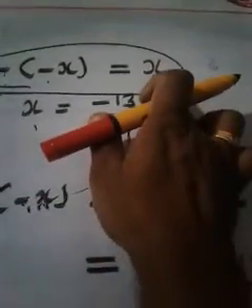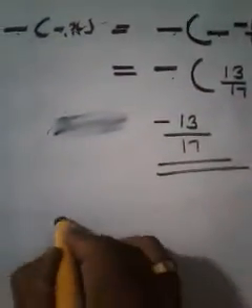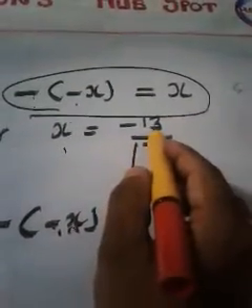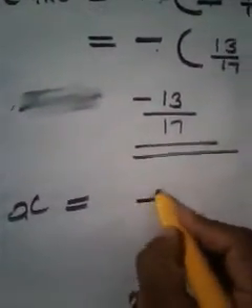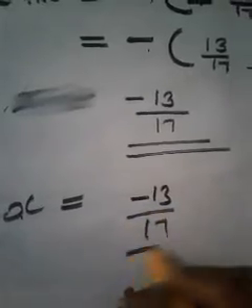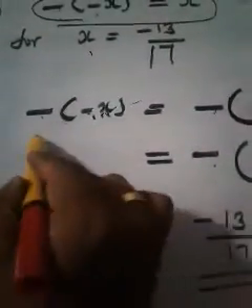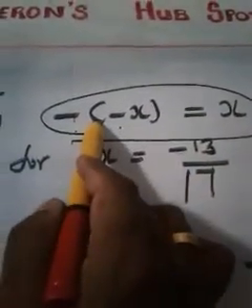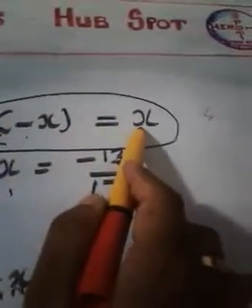Minus of minus x we calculated, no? And which is the right hand side of the equation? x equal to, what is x? x is given as what? Minus 13 by 17. See, minus 13 by 17. Now we just compare the LHS or left side of the equation and the right side of the equation. This is the left side, minus of minus x, and this is the right side of the equation.